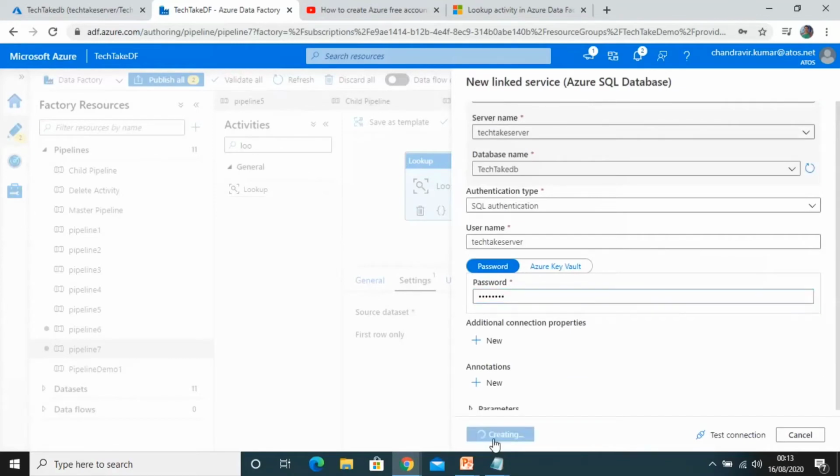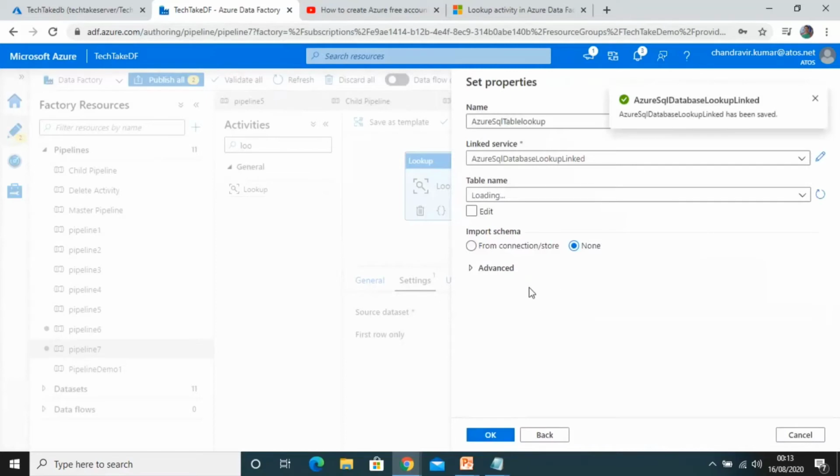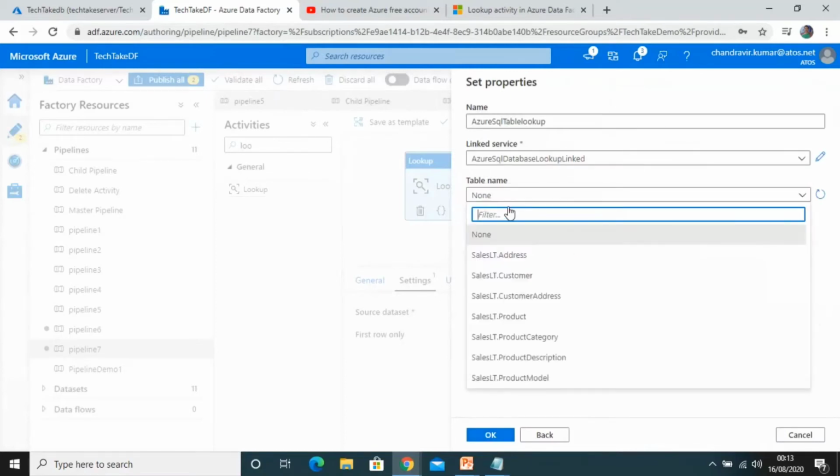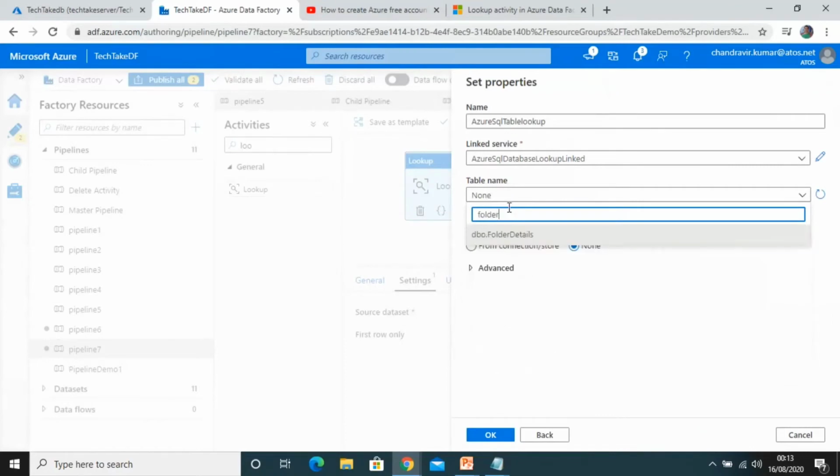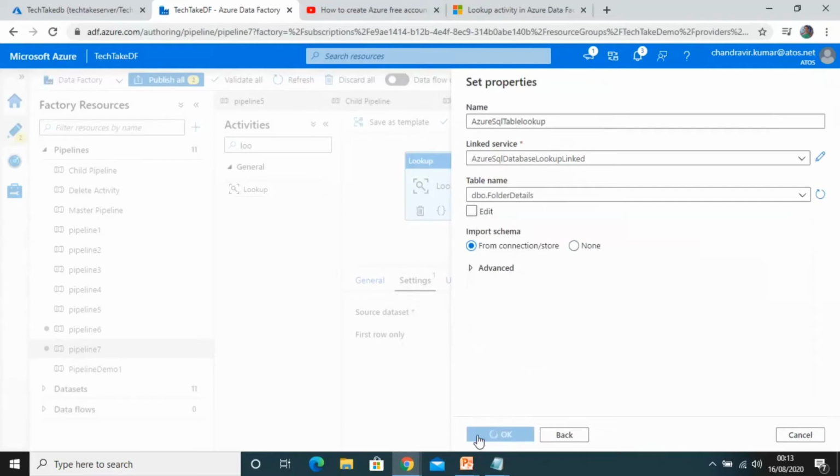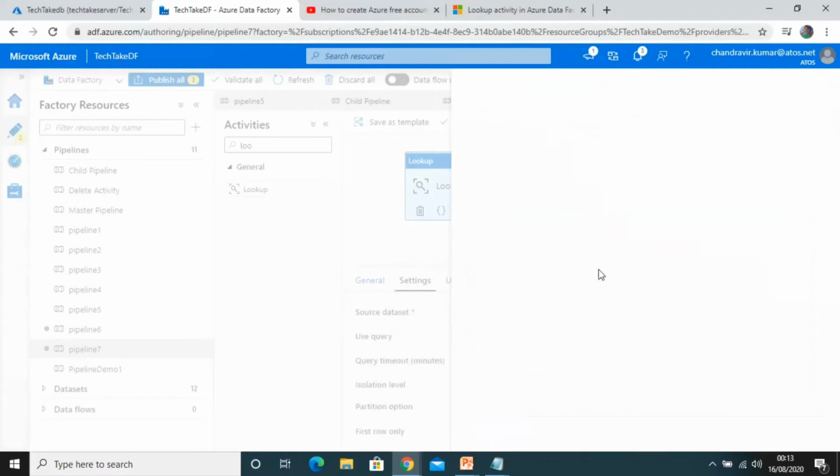In my last video I have shown how we can create the server, the database, the tables, and run the queries, everything. So if you watch my videos one by one sequentially from the start, then you will have a better idea of all this. So we have created the data set now.